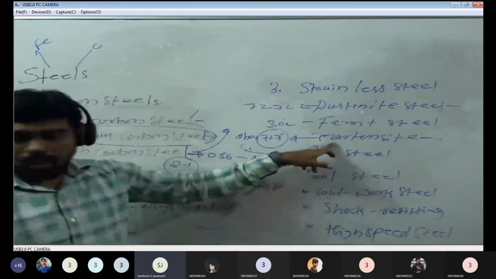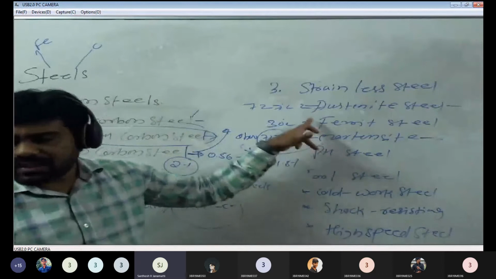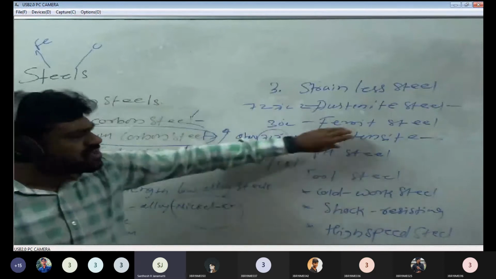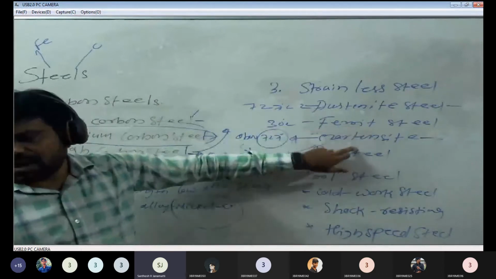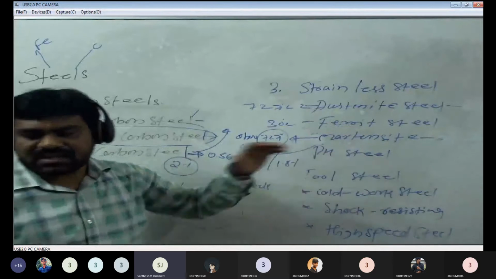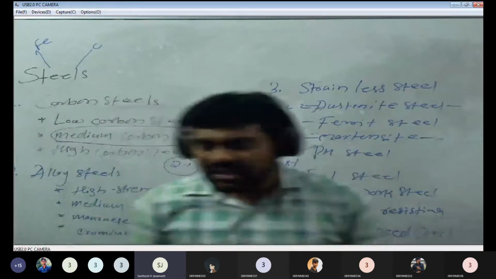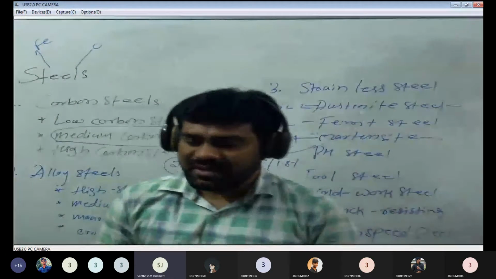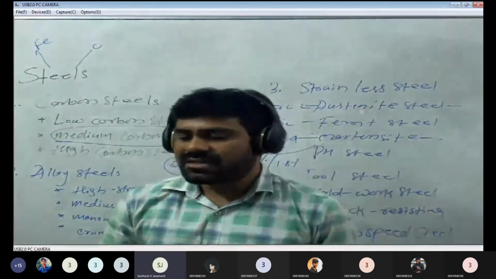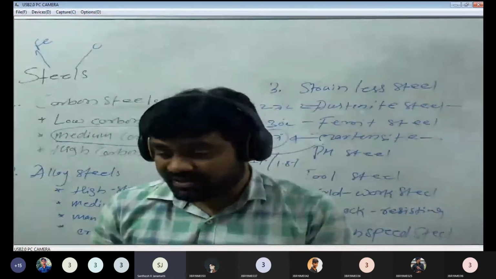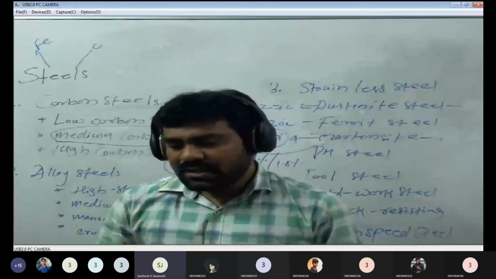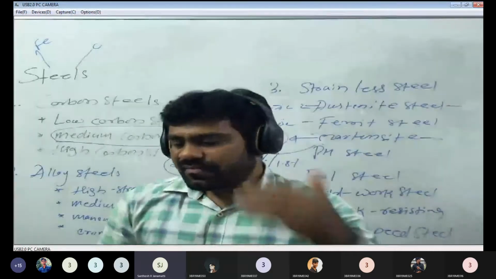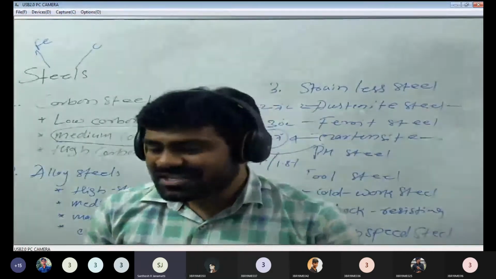These quench steels are quite brittle and harder than the ferrite and austenite. These steels are very hard. Martensite is the phase which we can get in the heat treatment process. Austenite is also a kind of phase which we can get at 727 degrees Celsius. Up to 727 degrees Celsius, we can heat it and it can cool down to room temperature. But slowly, what we are getting is called the austenite phase.